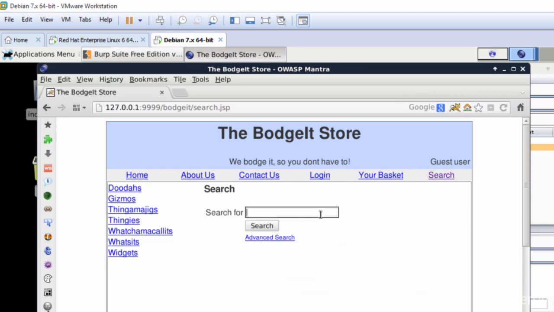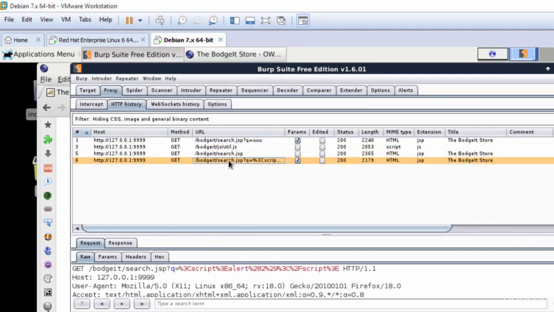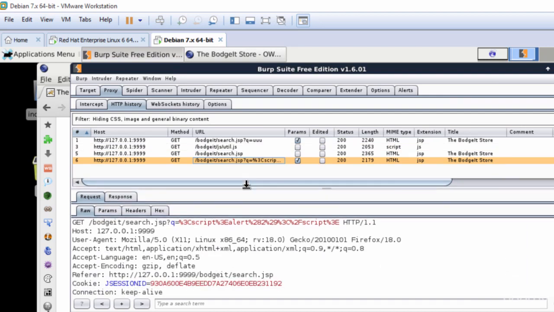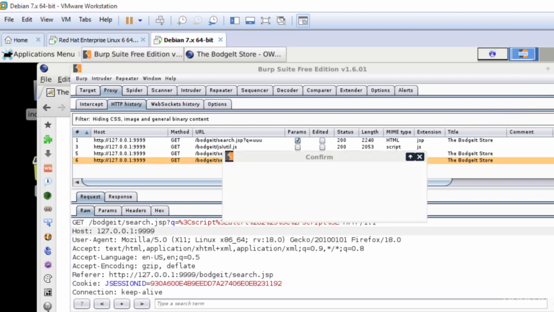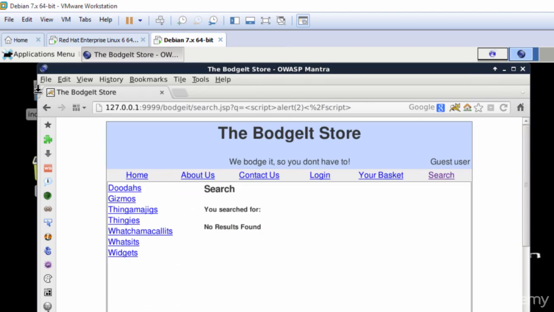So let's go to the search field here and type something like a reflected cross-site scripting payload. So in this case, the parameter is supposed to be reflected back to the browser. So as you can see, the number 2 has been reflected, and you can also see that traffic is captured in Burp Proxy. I'm just showing one web application here, but there are around 18 applications which you can play with, learn, and